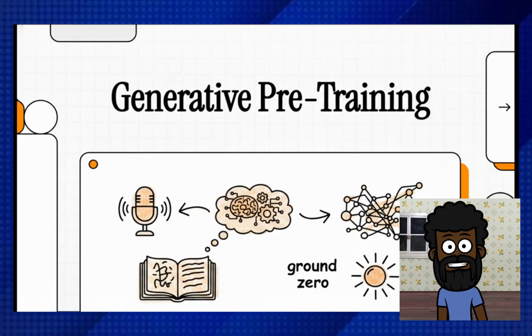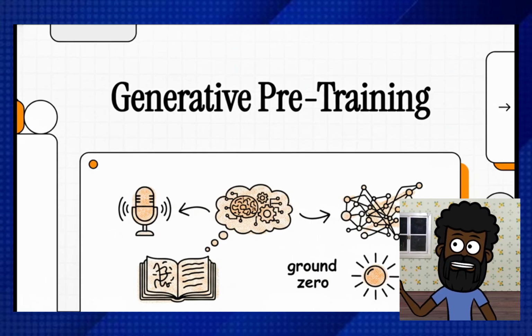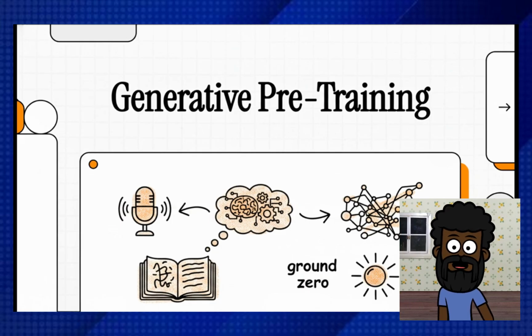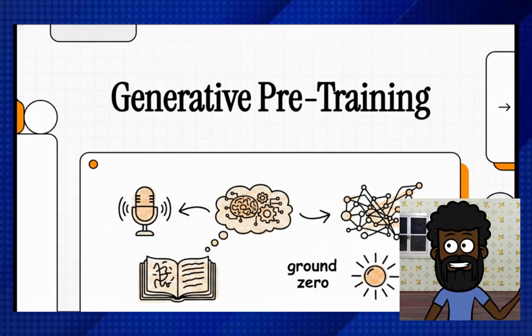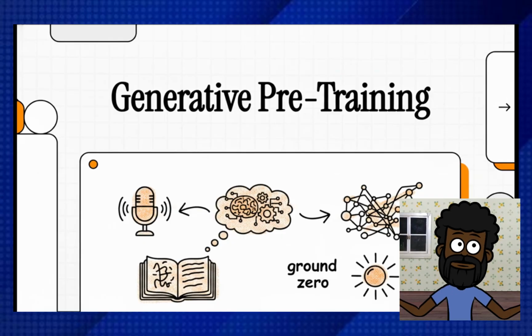Today, we're diving into a genuinely historic piece of research. If you've ever wondered how modern AI got so unbelievably good at understanding and generating human language, you're looking at ground zero. We are unpacking the 2018 OpenAI paper titled Improving Language Understanding by Generative Pre-training. Simply put, this is the paper that laid the very foundation for modern generative AI and completely changed the game